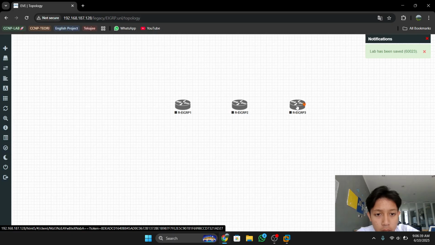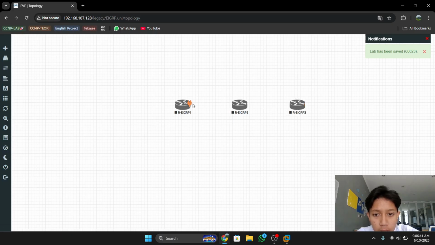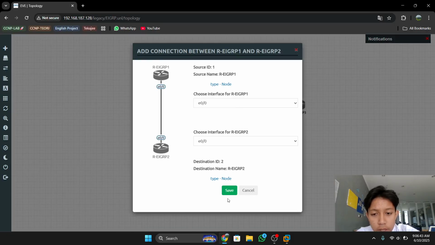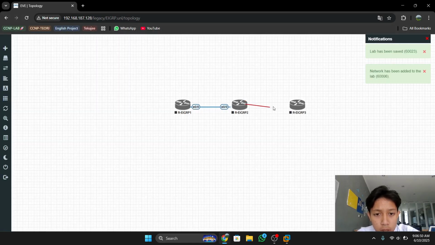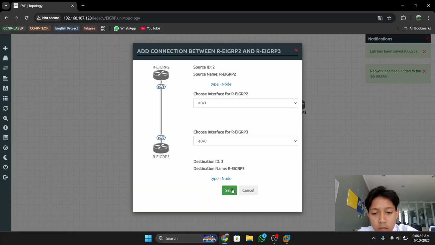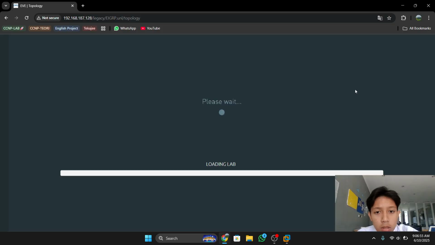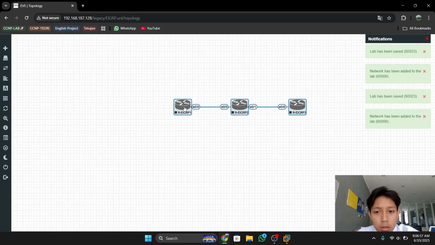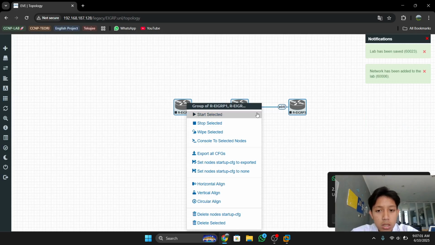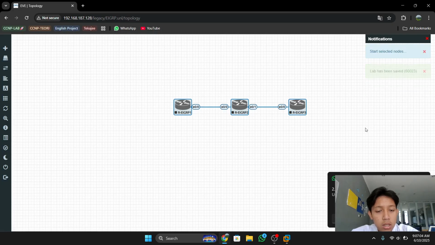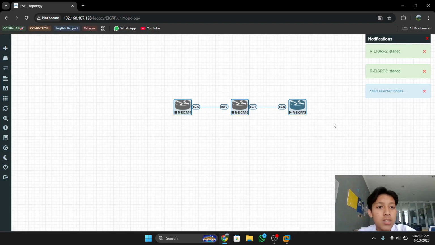You can connect the routers using the interface Ethernet 0/0. And then you can connect router 2 to router 3 following the default configuration. Okay, and then you can select the first 3 routers, and you can start the routers.